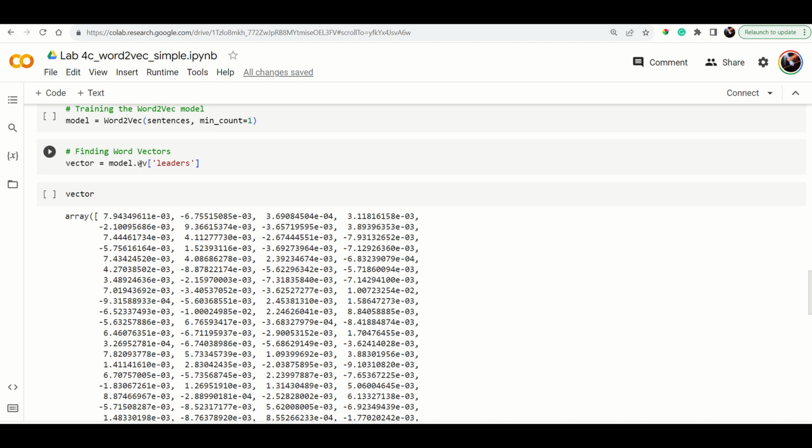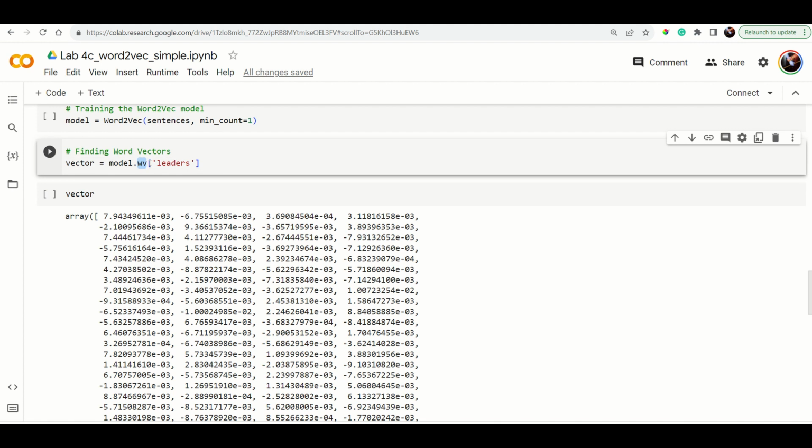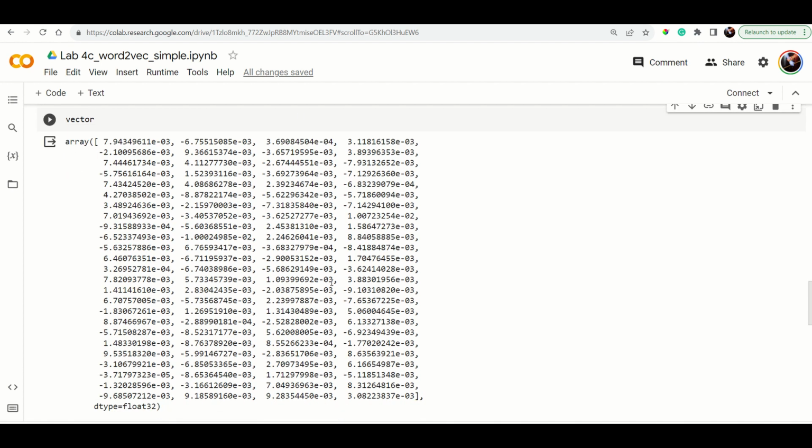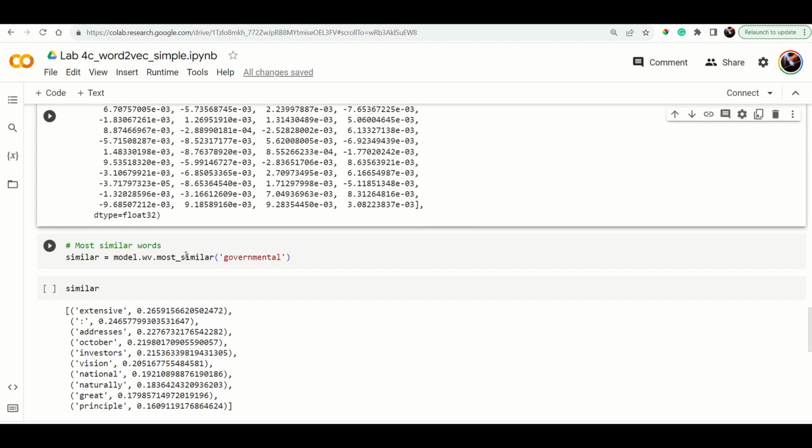So model.wv is the word vector. This is the word vector of leaders, I mean, which words are closer to this word leader. That is what you are trying to find out. So you are getting an array with a lot of similarities. And then if you want to find the most similar words related to the term governmental itself,